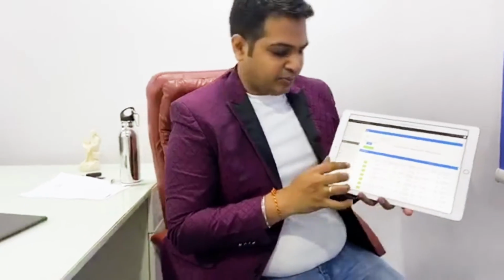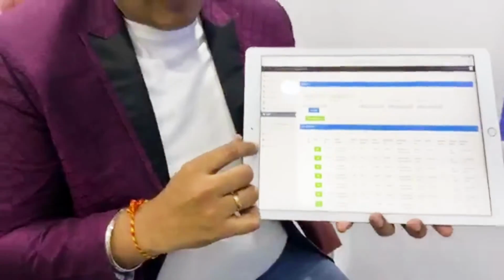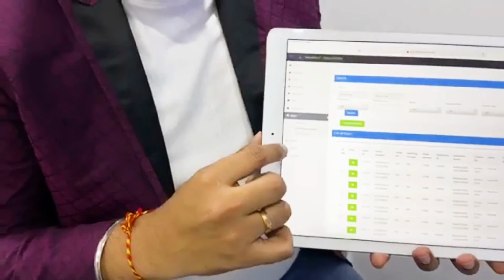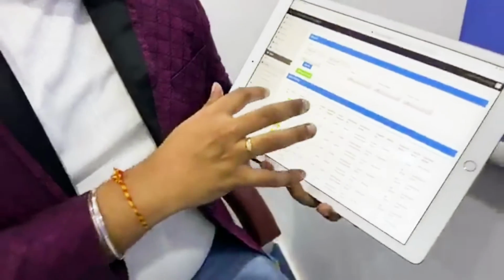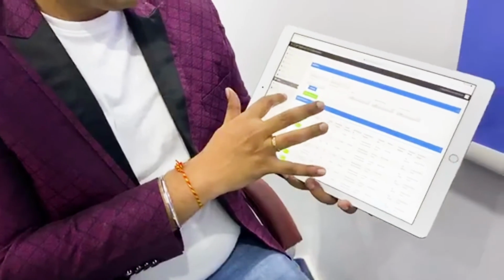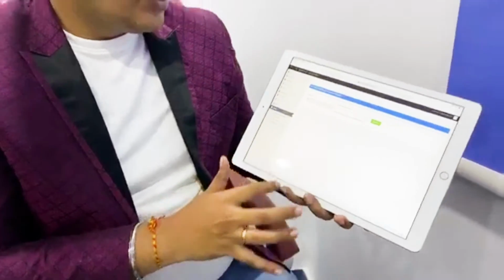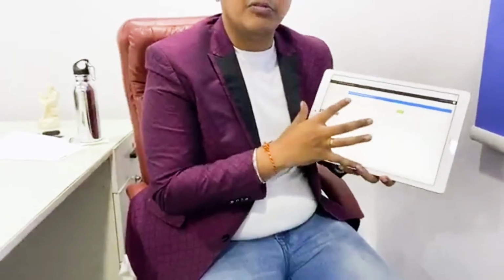So this is the NEFT option, and we have a third option, the e-wallet option. If you check the home page from the bottom, there is one page, the e-wallet option. You can add money to your e-wallet. Actually, right now it is not 100% functioning.